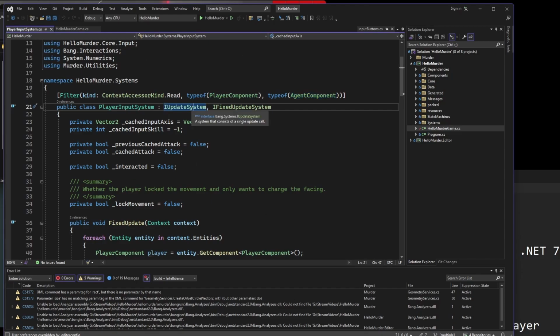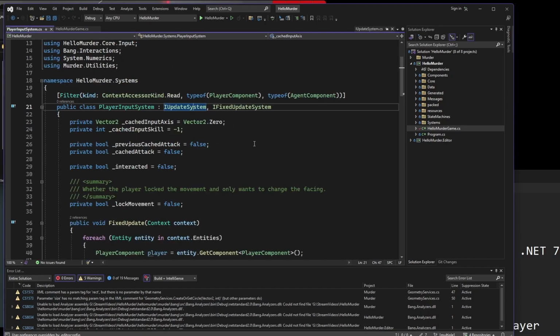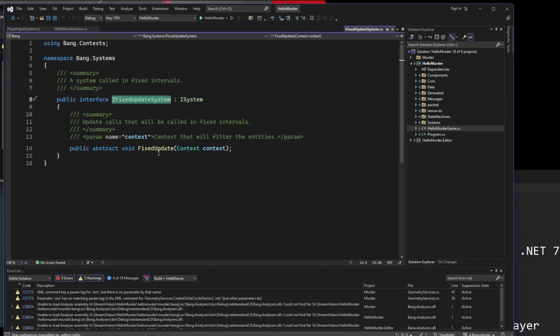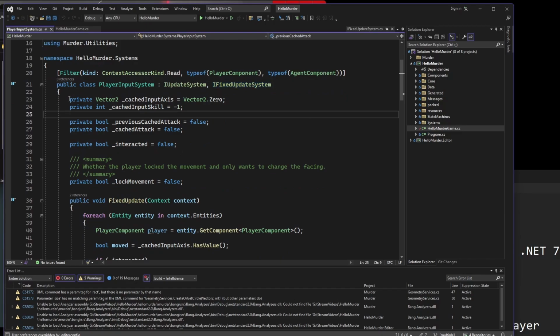And it's an IUpdate system, which means it's going to be updatable once each frame. And it's also a fixed update system, which means it can be called on a fixed interval. So it has both of these capabilities. It has some